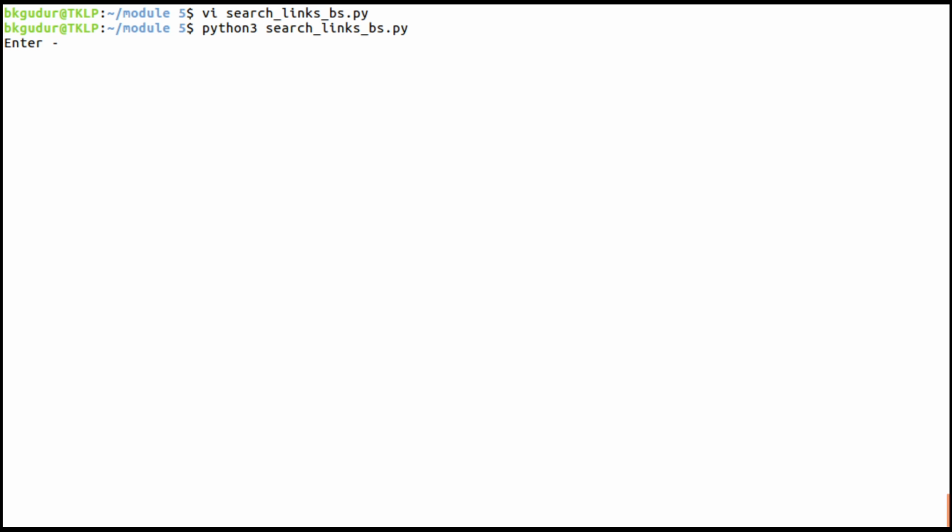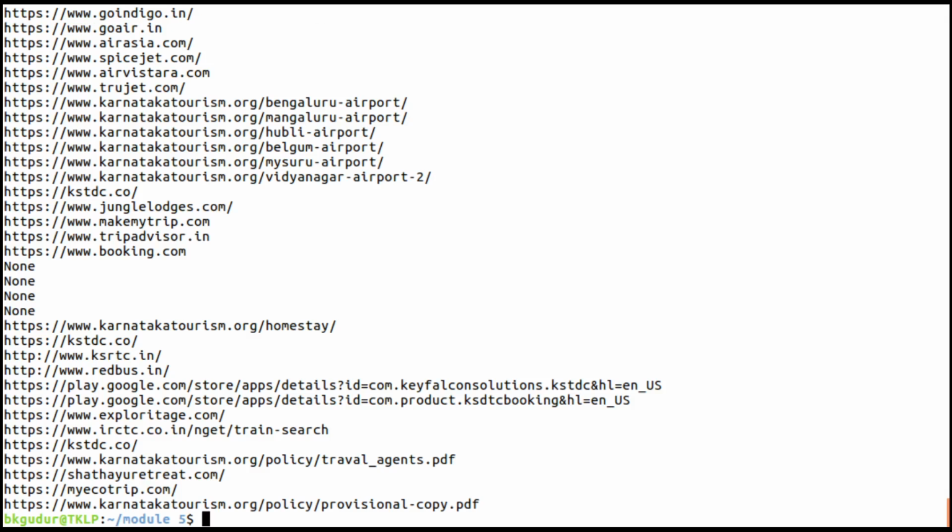Obviously it will ask for a website, the same website. What is the website that I have used? Let me use the same website. It is karnatakatourism.org. Now let's wait. It is extracting.